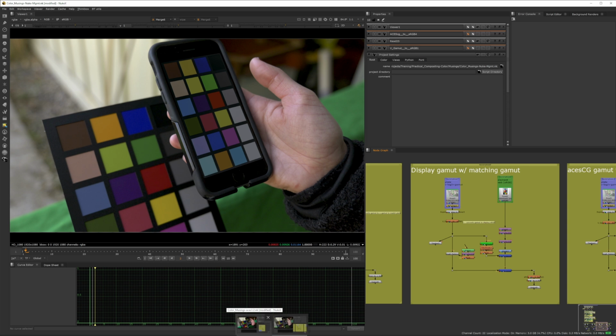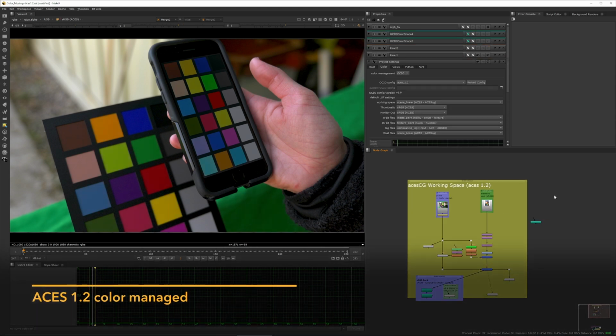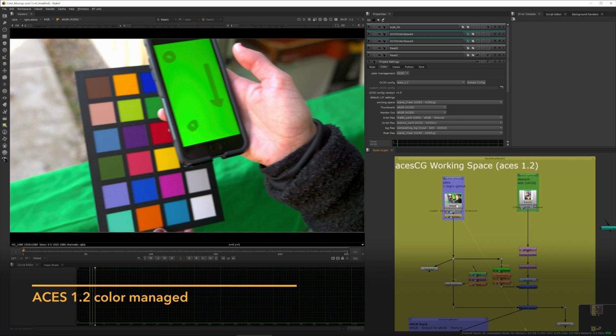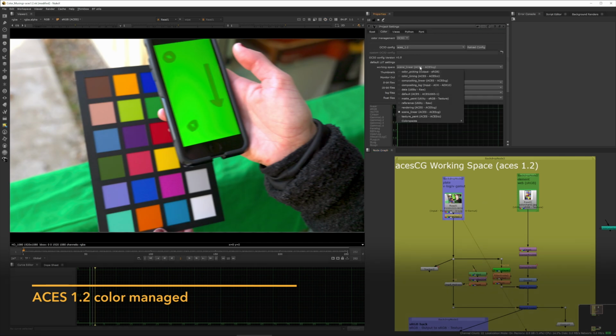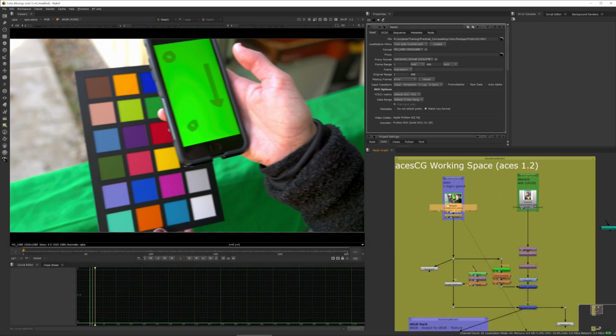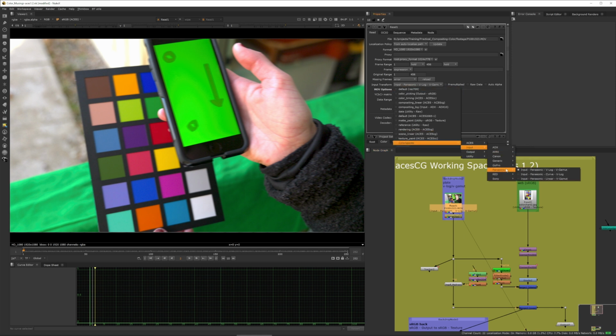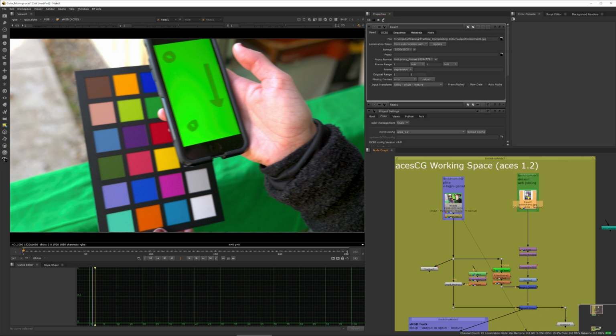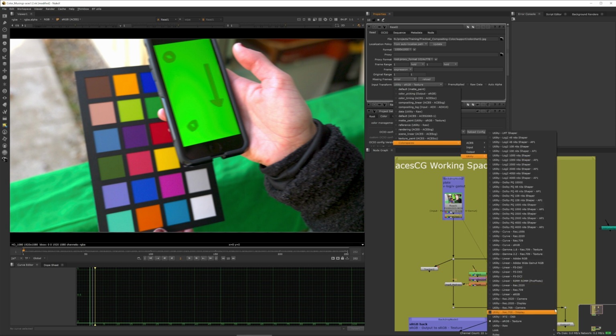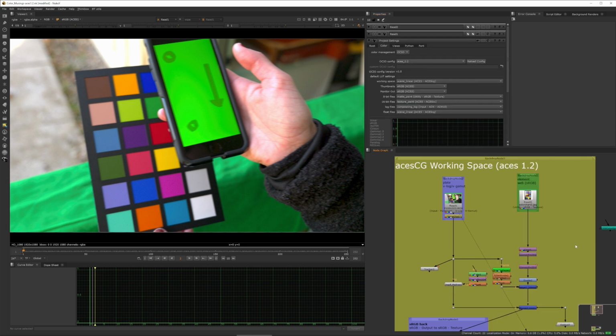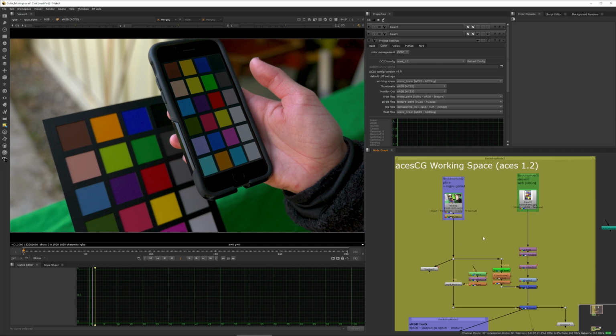If we want to work ACES 1.2, we'll flip over here. So here we're in ACES 1.2. We've set our working space to ACEScg. It's a little simpler in that we just pick our input transform, say input Panasonic VLog V-Gamut. For our sRGB element, we pick utility sRGB texture, and now everything is coming in correctly, and then under the hood, Nuke is piping everything into ACEScg. We do all of our comp work,